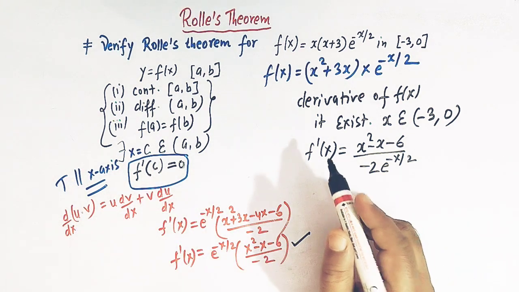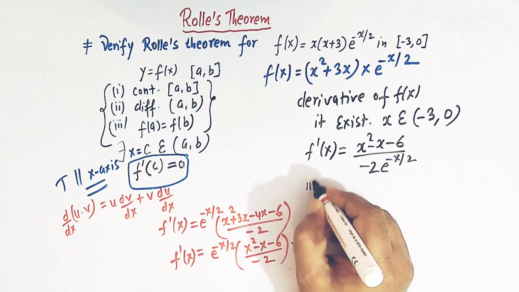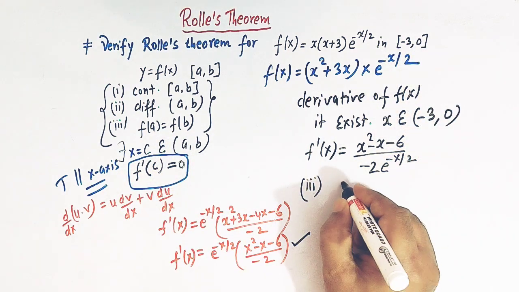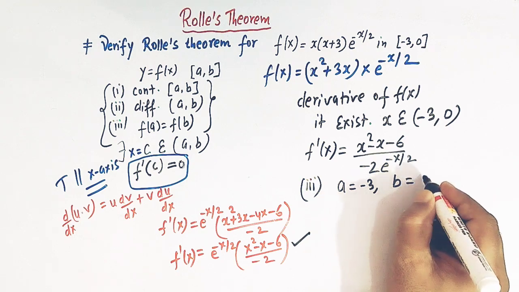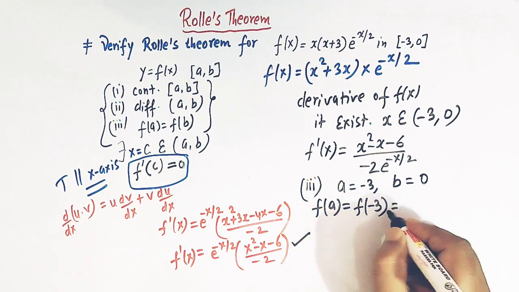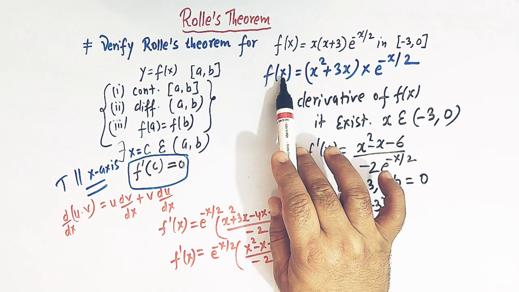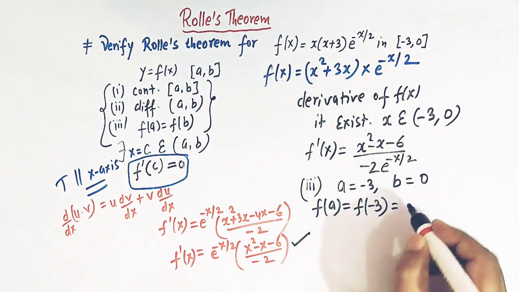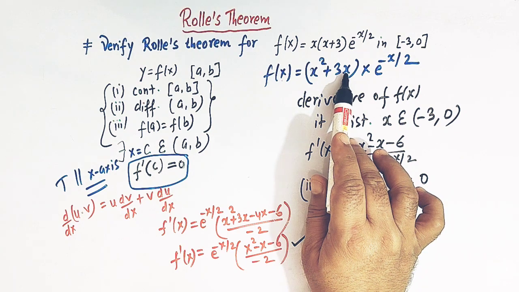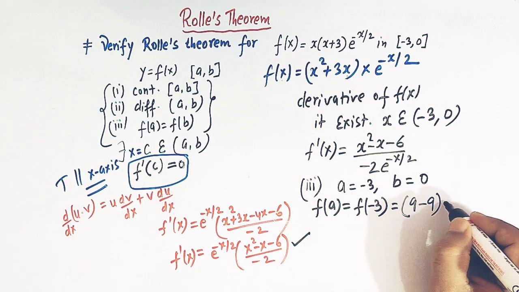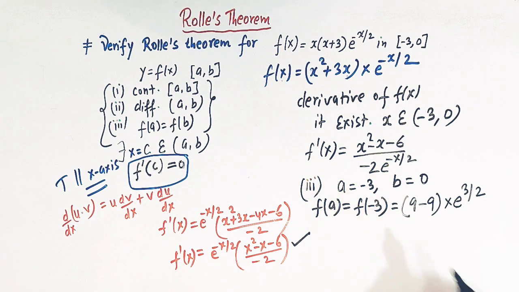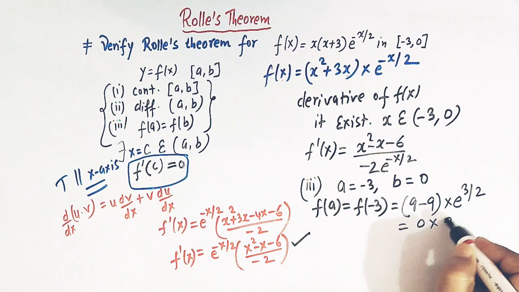And now let us take the third condition, right? Now see, f of a should be equal to f of b. Now here a is minus 3 and b is 0, right? So let us find f of a. So this is f of minus 3. So f of minus 3 can be obtained by substituting x is equal to minus 3 in this expression. So we have minus 3 square is 9, and here when we take x is equal to minus 3, this is minus 9, right? And we have here e raised to 3 over 2 by taking x is equal to minus 3. Now 9 minus 9 is 0, so this is 0 times e raised to 3 by 2,